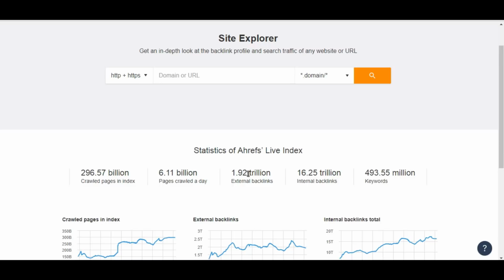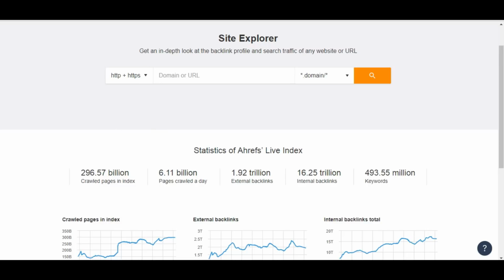See these internal links, external backlinks, and pages crawled a day. This is the main reason I'm using it, because per day this tool crawls 6.11 billion pages. That means this is a very highly updated tool to do SEO keyword research.